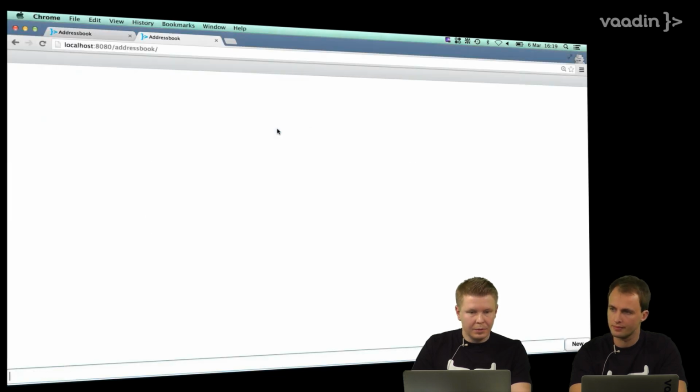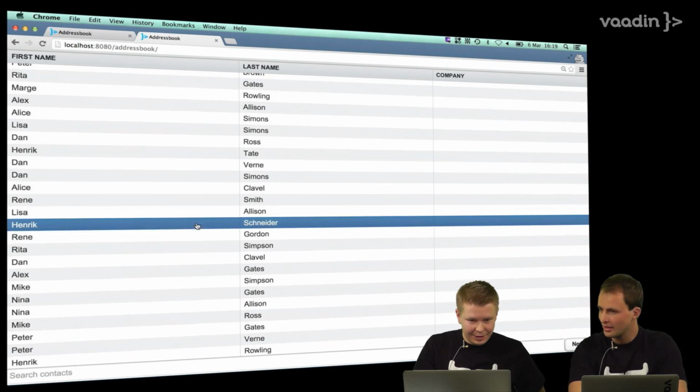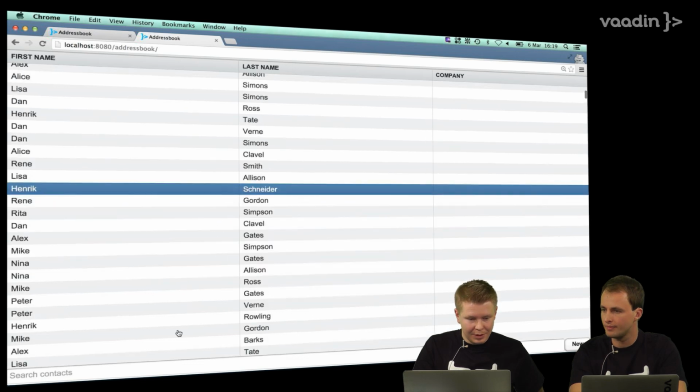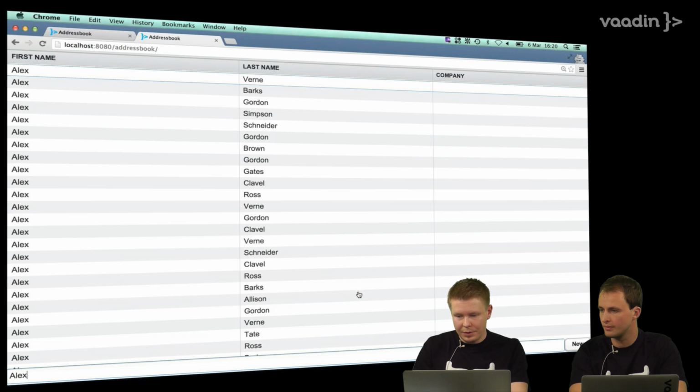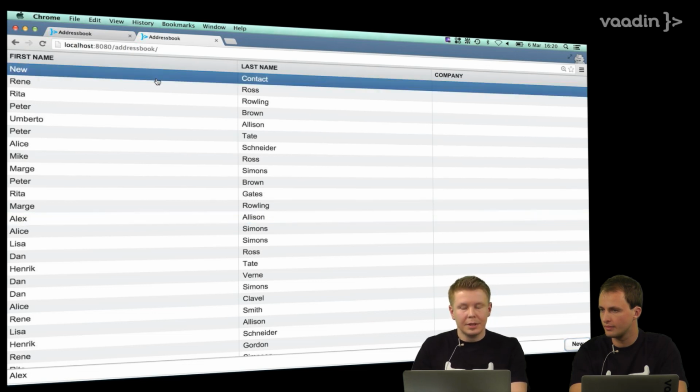And now if we reload this, cool. Now we have all the people in the table. It's magic. And if I select, well, nothing happens. We haven't done the editor part yet, but let's see if the filtering works. Yeah, it works. And if we click the new button, there we have this new contact as the first one in the table. I guess the data binding and all that was done in Java code already? Yeah, in this example,